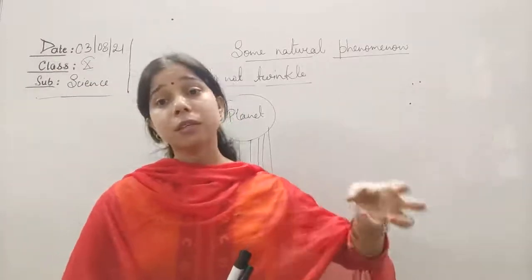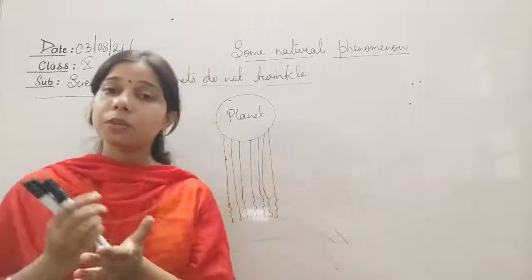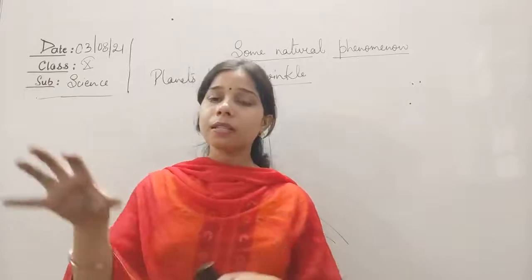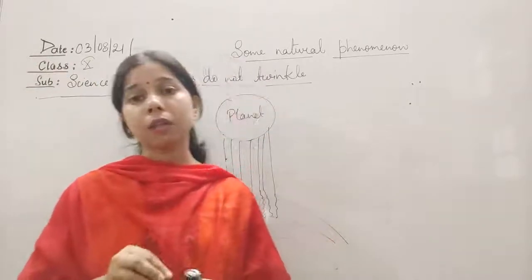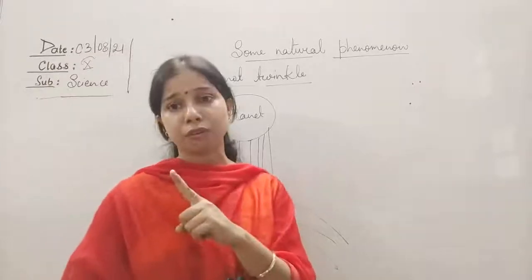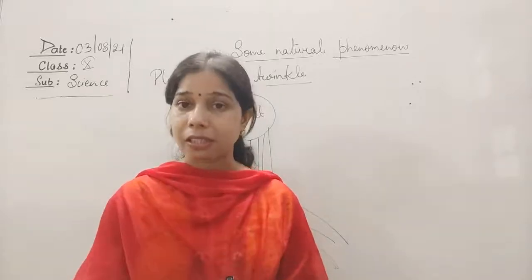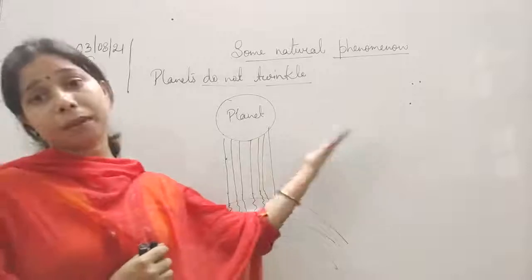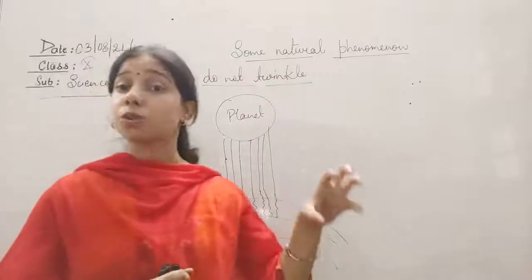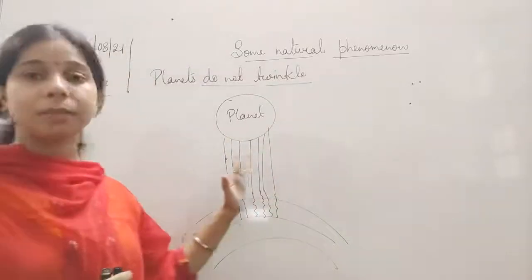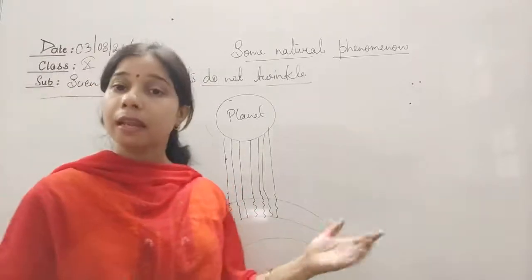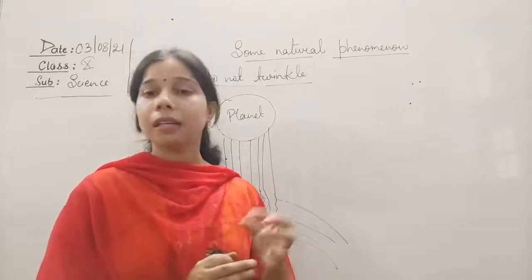It seems that it is a point source of light. And the other one is very close to the earth's surface, so it is an extended object. So one is throwing a beam of light, and the other is throwing only a point source of light. So you will find the effect only with the point source of light, where the refraction can be detected very easily. That is why the apparent position of the stars can be seen, and we also find that the stars twinkle. But in the case of a planet, it does not seem like that, because a beam of light is falling on it, and the refractions which occur in the different layers nullify each other.